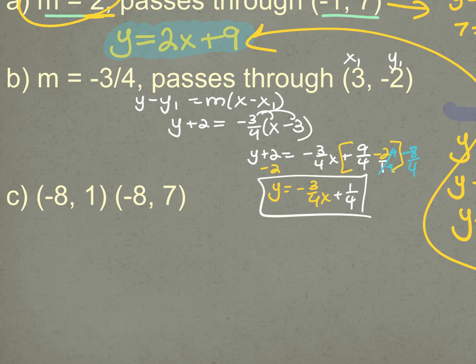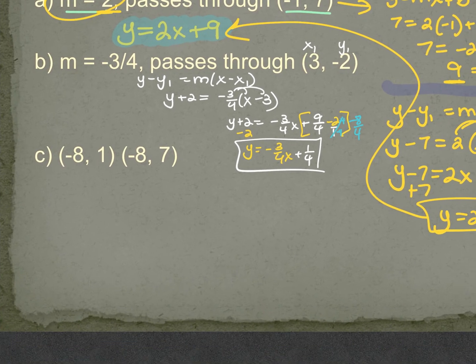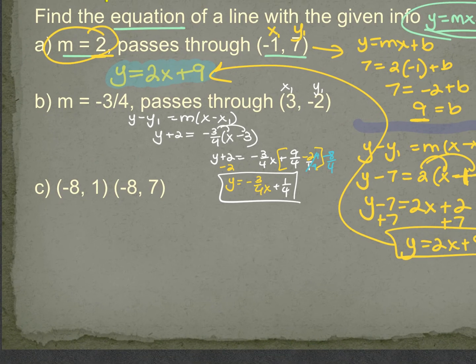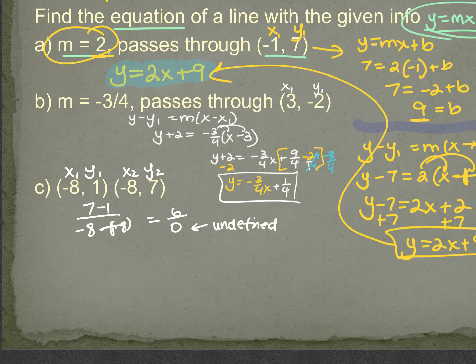And there's the equation. C is not giving you the point and the slope. Now it's 2 points. So the first thing we got to do is find the slope. So I'm going to use my x1, y1, x2, y2, and 7 minus 1 over -8 minus a -8, which becomes plus 8. And I get 6 over 0. Hopefully we remember that if the 0 is in the bottom, this is undefined, which means I can't even plug it into an equation. I have to know that a line with undefined slope is vertical, and a vertical line has an x equals